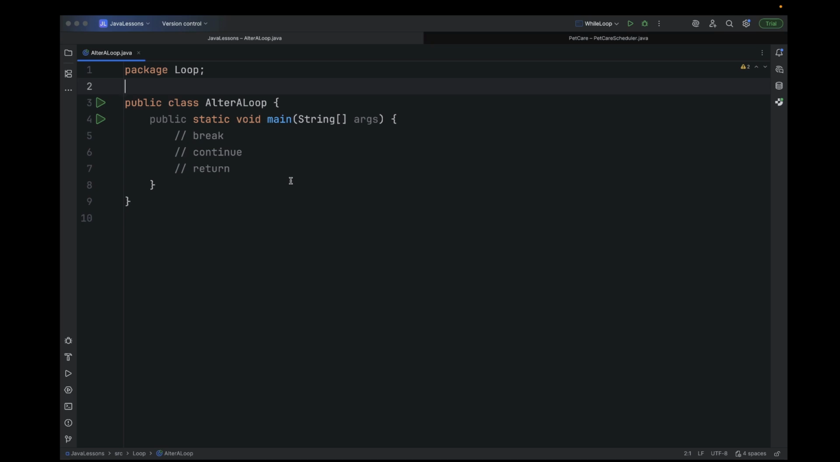In this lesson, we are going to be discussing how to alter the iteration of a loop. Remember, in our previous videos, we learned about a loop being a way in a Java program that you can repeat a block of code or an action until a certain condition is met, right? But then we have different ways we can alter the iteration of a loop